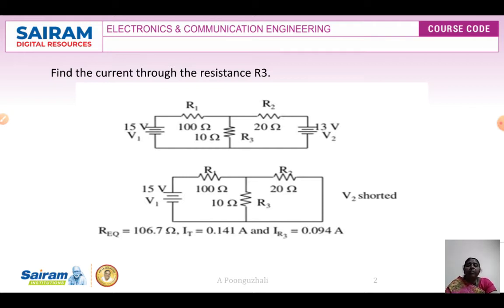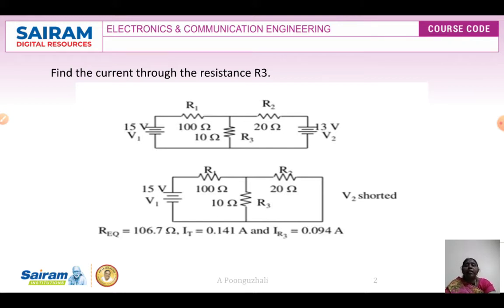Now in this we have two voltage sources. When we have two voltage sources, the first step is to take one voltage source and keep the other voltage source short circuited. As I said earlier, a voltage source should be short circuited, and a current source should be open circuited. So now you are going to short circuit your V2 voltage source and keep your V1 voltage source there. Now we have to simplify it.